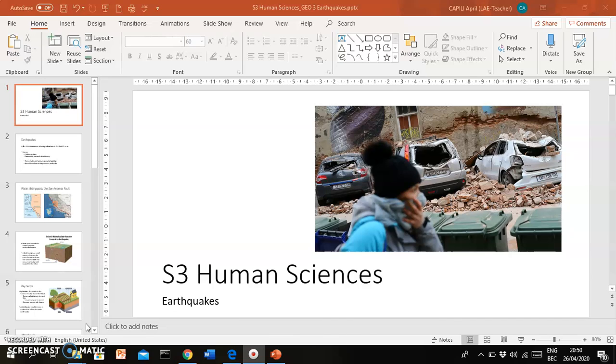As you know, we've already transitioned to geography. So today, after talking about the structure of the Earth and plate tectonics, our task for today is to discuss earthquakes. So what are they? What happens when there's an earthquake? How do you measure earthquakes? What are the effects of earthquakes? Okay, so this is all part of our